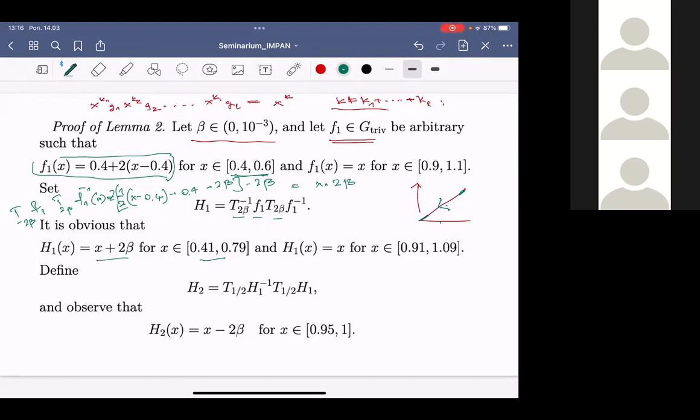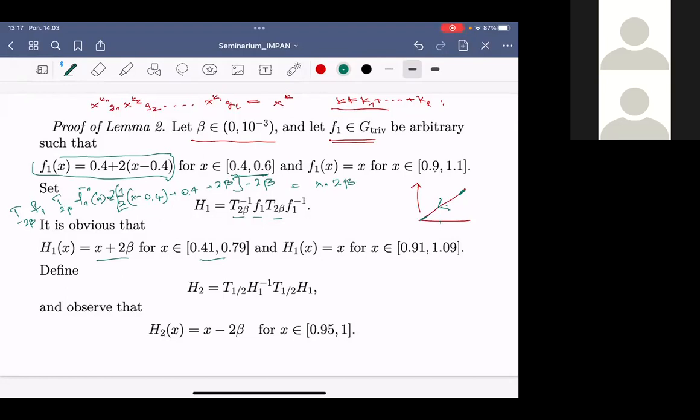So this is x plus 2 beta on this interval. And again, h1 of x is x on this interval. From here it was 0.9. Here we take a smaller interval to assure that if we take this translation, we will still be in this interval, because we take translation by beta, but 2 beta is sufficiently